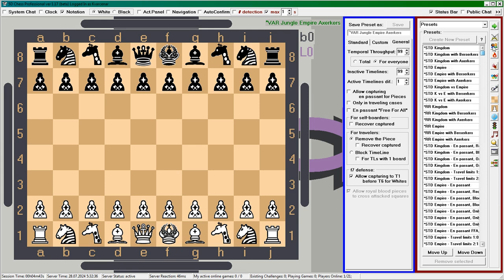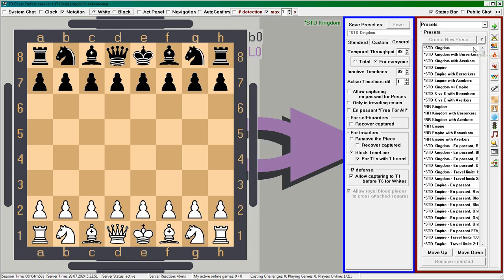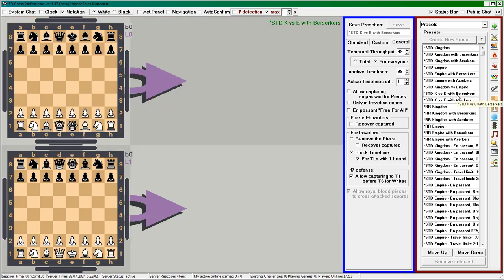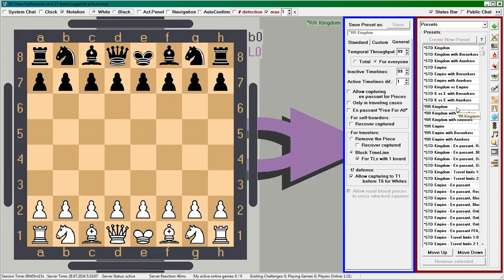Standard presets include all presets where the board size is 8 by 8 and only standard pieces are used in relatively standard positions. Standard pieces include King and Caesar, Queen and Tsarina, Bishop, Knight, Rook and Draker, Pawn, Berserker, and Axerker. In reversed royalty presets, instead of checkmating the King and Caesar, you need to checkmate the Princess and Tsarevna, who are in the positions of the Queen and Tsarina, respectively.